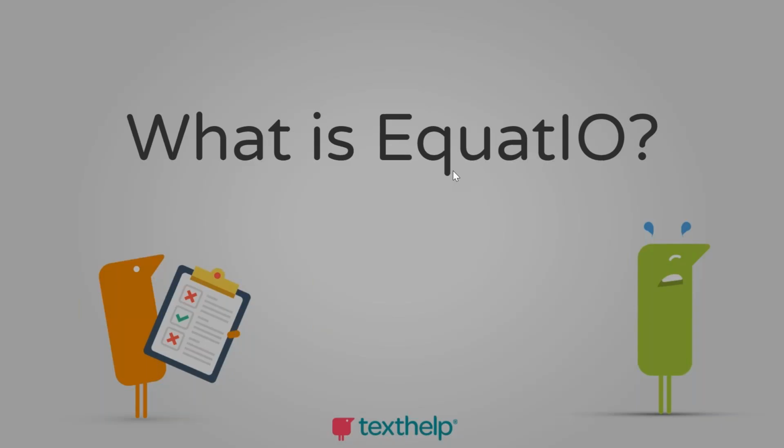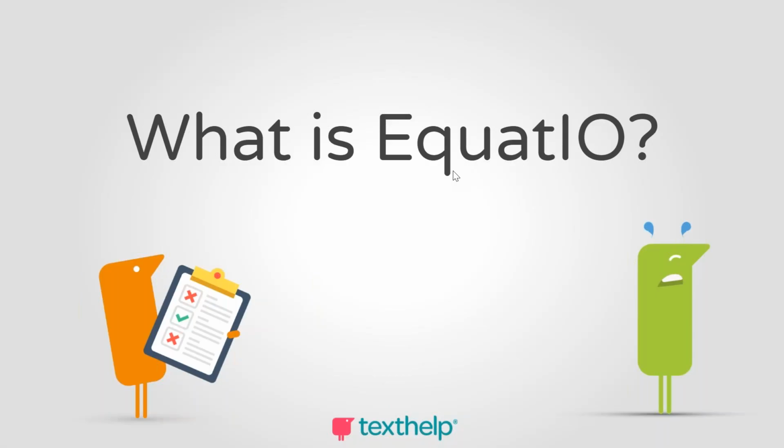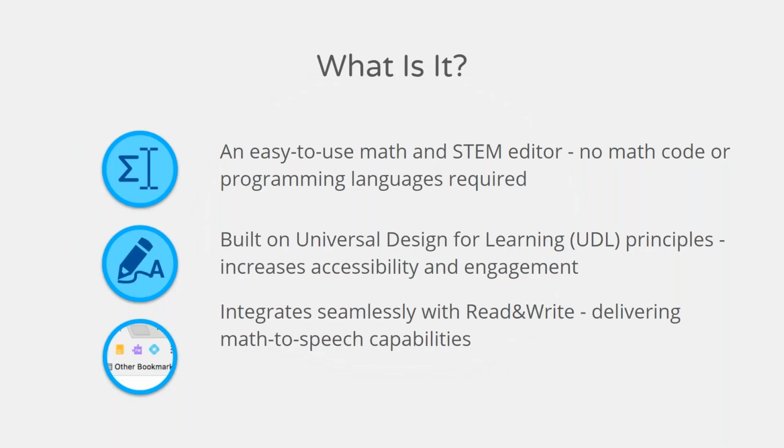All right. So that all being said, let's actually dive in and talk about what EquatIO is. So what is EquatIO? EquatIO is an easy to use math and STEM editor, which essentially says it's a way for you to be able to create math and STEM content and interact with it. And when I say math and STEM content, we're going to break down in a minute what we actually mean by that, because it's much more vast than just that. But essentially, it's going to allow users to read and create math easily. And a lot of times with math and STEM editors, you're needing to use a lot of complex math code in order to do so. Our tool makes it very easy to do that.